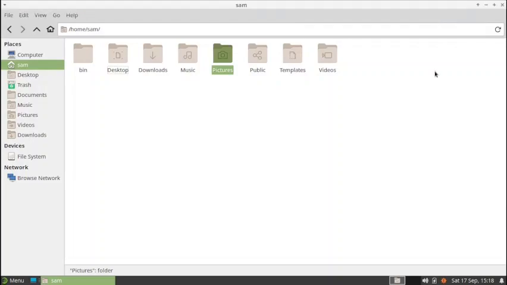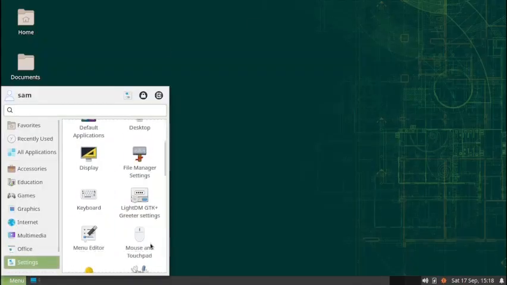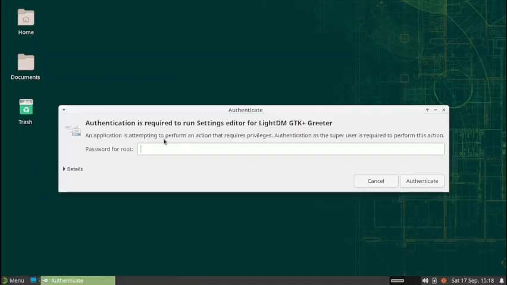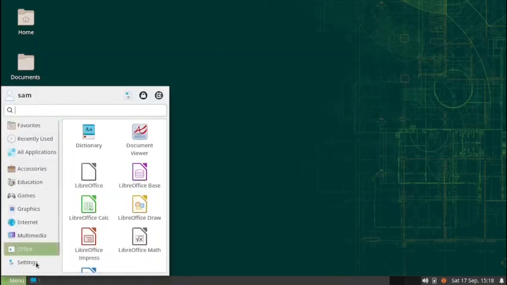So we have finished the Thunar file manager. I will close this now. We will go ahead. Now this is the Light DM GTK settings. So here you will have to apply the root password. I think it will take some time. We can go ahead. Meanwhile,